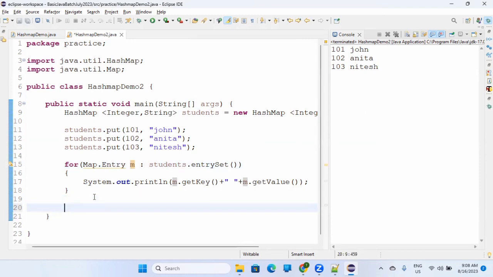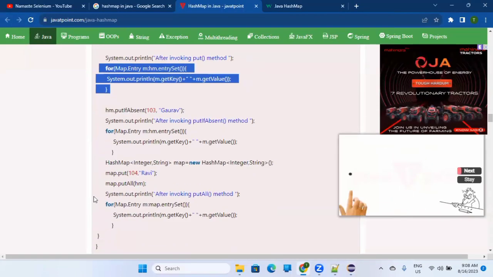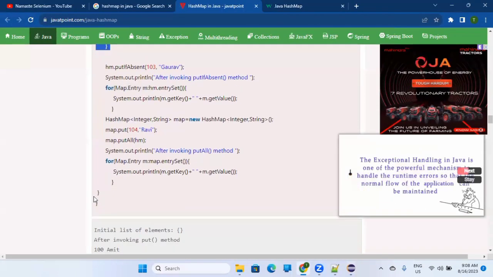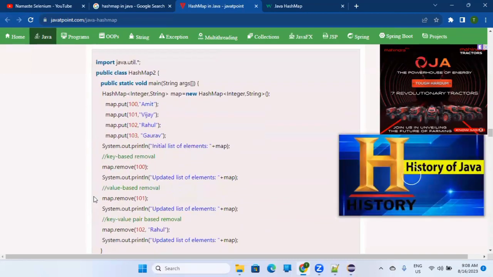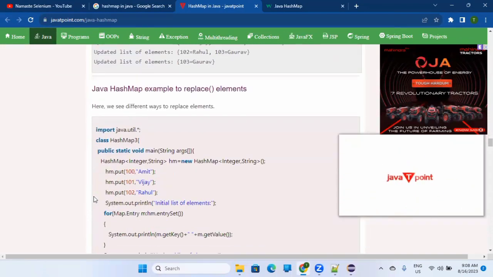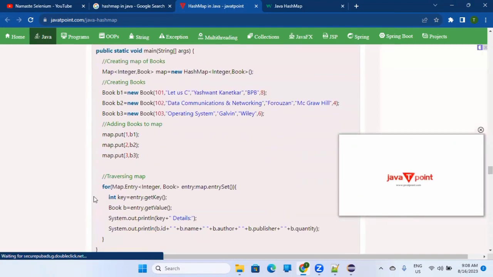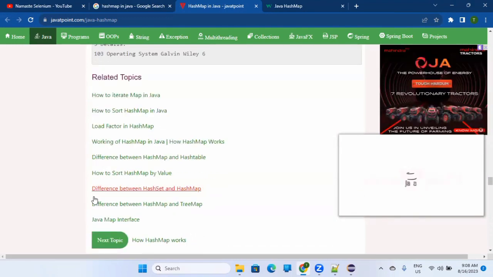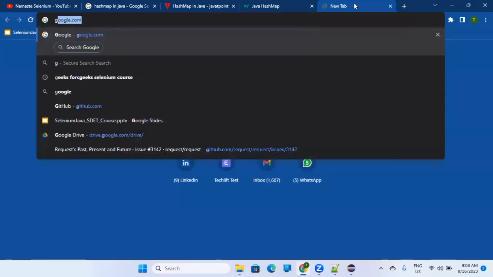But is there any way that I will get only the keys? I want to get only the keys, not the values. Is there any way that I can get only the keys? I don't want to see all the values. I just want keys. Okay, probably we have to do a bit of Google here because we are doing a very specific thing. So I will search in Google,